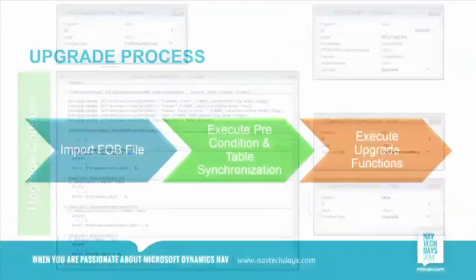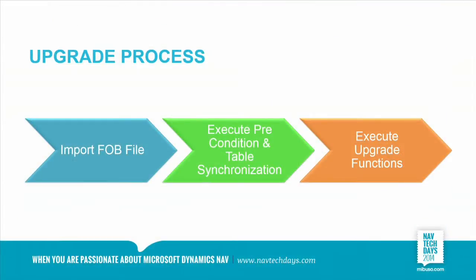But if you look at the way these upgrade codeunits are processed, they are part of the shipping of the FOB file. What happens when you import a FOB file is that the system checks if there is an upgrade codeunit. If there is, it will start executing it and implement step 1. So it will move the data out and allow you to apply schema changes. And then after the FOB file has been imported, the UI of the development environment allows you to execute all